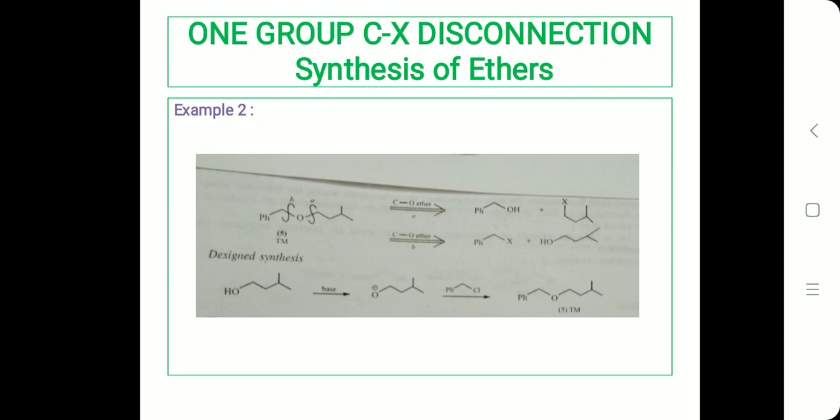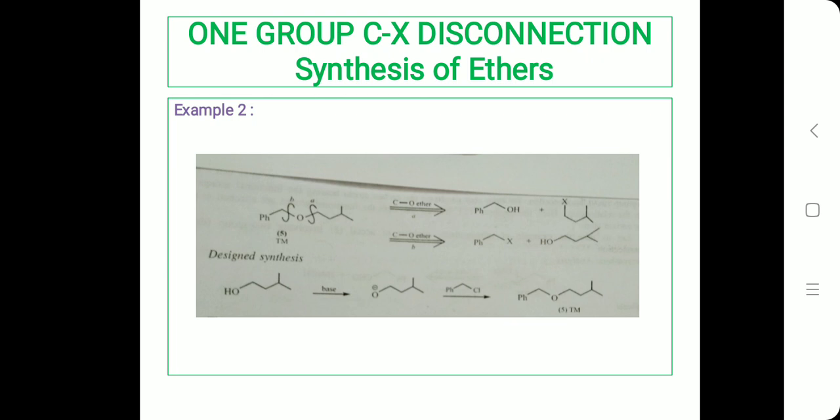So here you can see that you can disconnect this target molecule in two ways. One is either on A side or on B side. So B side is going to give us the small letter b as a synthon, whereas A is going to give the two synthons, which is already written here in the slide. So we're going to choose the B as the appropriate disconnection because benzyl is more reactive. And when you choose the A option, it is going to lead to some elimination products. So that's why we avoid the disconnection with respect to A, but we are choosing the disconnection with respect to B. And the desired product is written here.